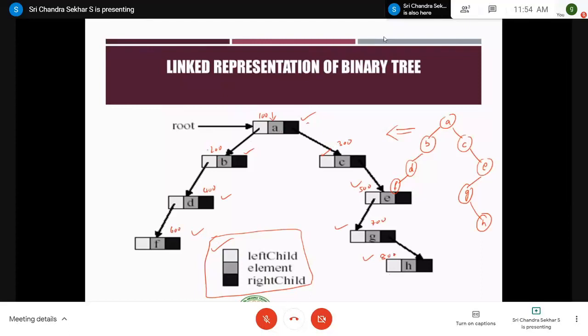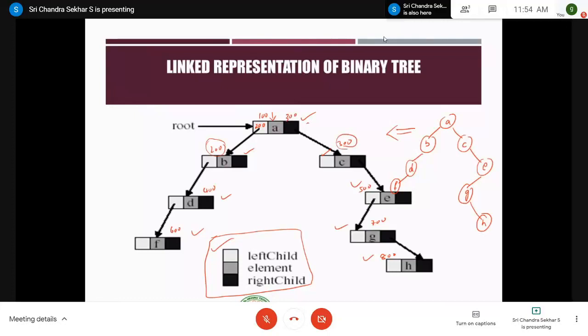Now A is having the left child as B. What is the address of B? Which is nothing but 200, right? So in such case, you have to store the value of this address. Therefore, the value that is present in the link part of the left child is nothing but 200. Therefore, there establishes a logical link over here. Similarly, if you go to the right child of A, which is nothing but C, you represent that C with a node which consists of 3 parts, and the base address of this node is 300. Therefore, you have to store 300 in the link part of right child of A.